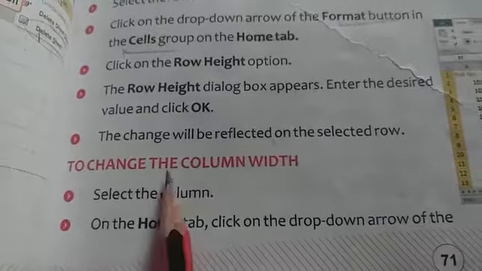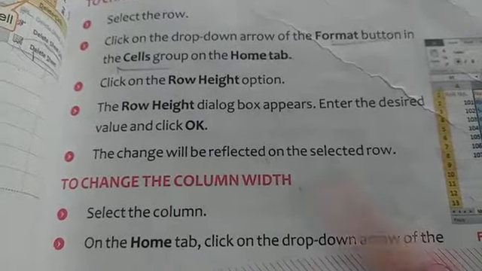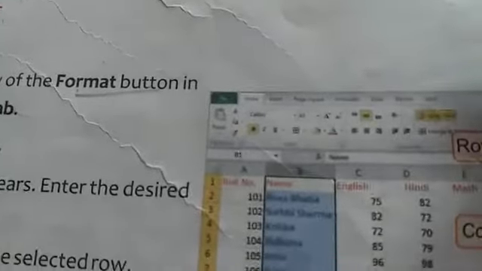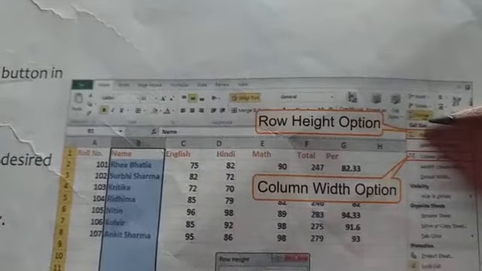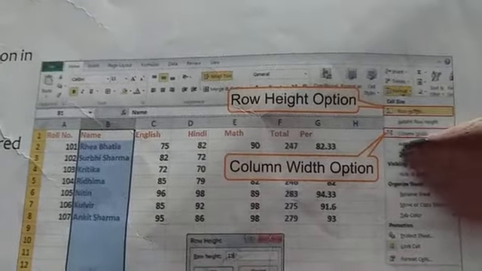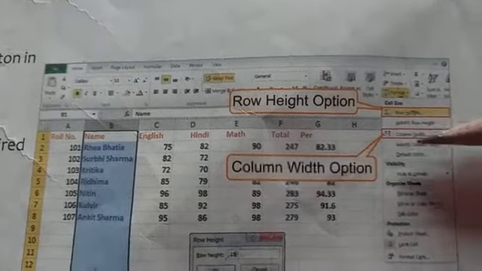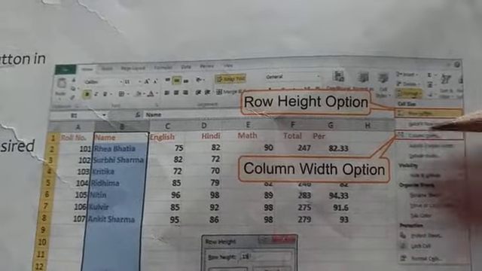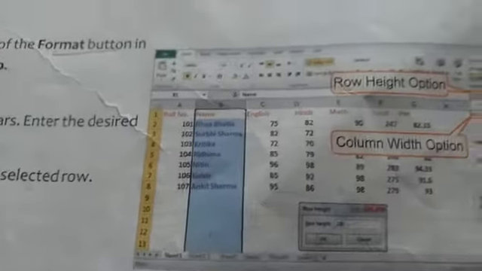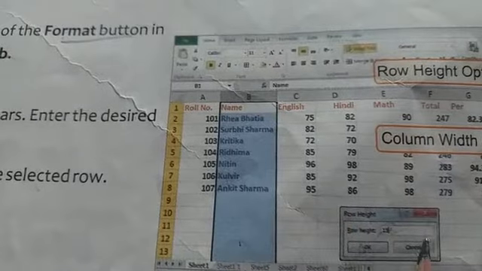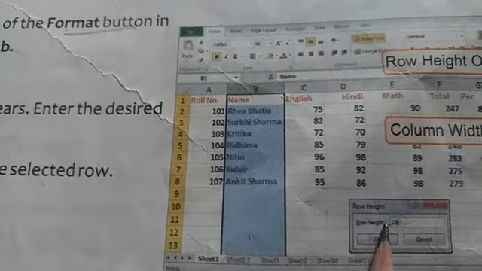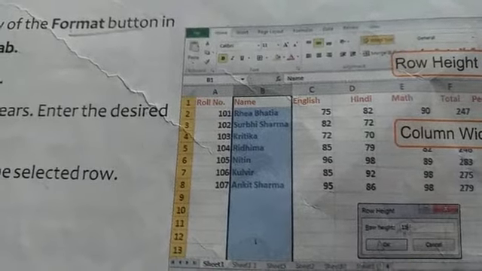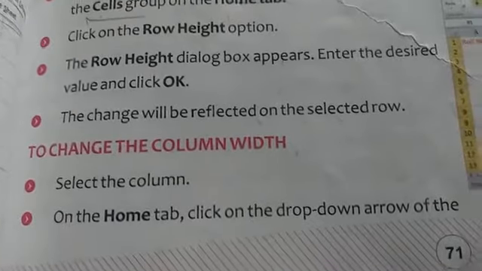So next one is how you can change the column width. Yes students, the same option. You have to firstly click on this home tab. After this there is the option format. Yes, after clicking on the format option there is the option column width. Yes, the third option is column width. You can click here, and after that it will give you a small dialog box, and here it will say column width, and you can specify the column width and click on OK, and after that you can see the changes on the selected column.